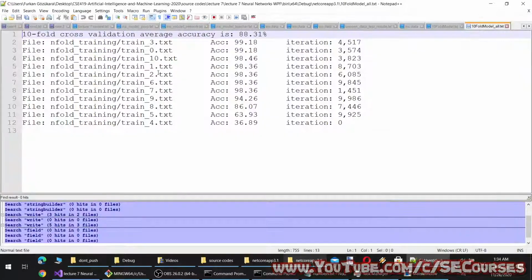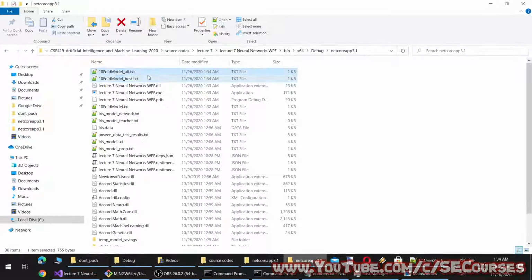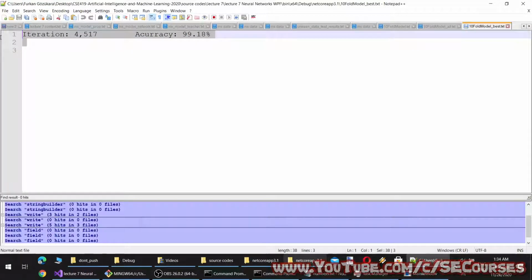So let's see the old model. Okay, you see some models have failed like this. They didn't improve. Some models have reached very good numbers, and the best one is this one, 99.18.